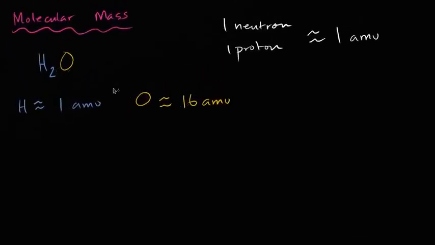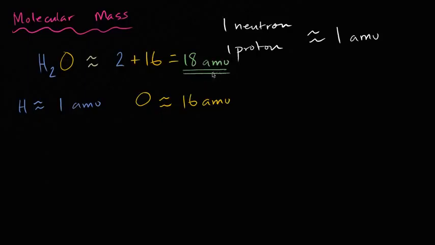So then based on these numbers, you would say that this H2O has an atomic mass of approximately, well, 2 from the hydrogens. And where did I get the 2 from? Each of these 2 hydrogens has an atomic mass of 1. So if you have 2 times 1, it's just going to be 2 atomic mass units. And then 16 from the oxygen. 2 plus 16 is going to give us 18 atomic